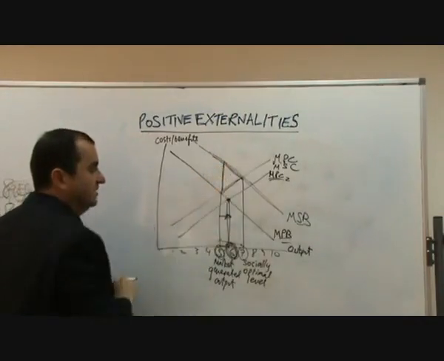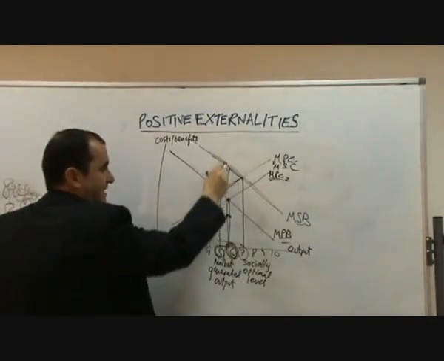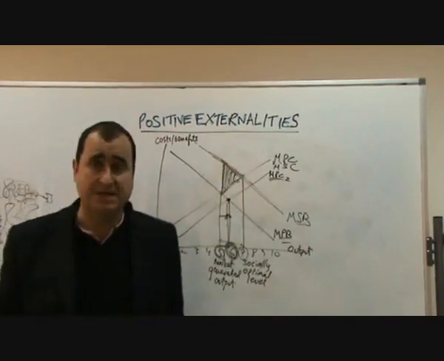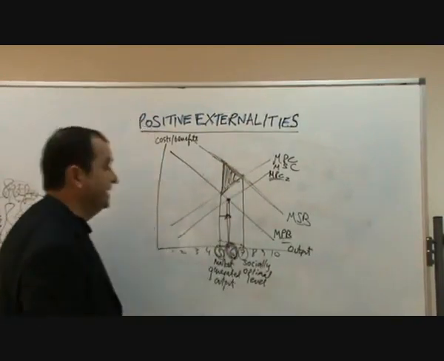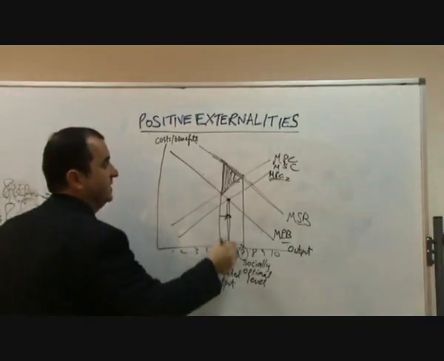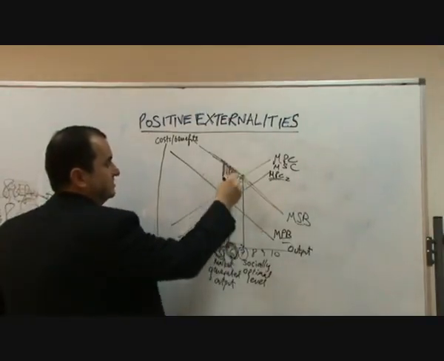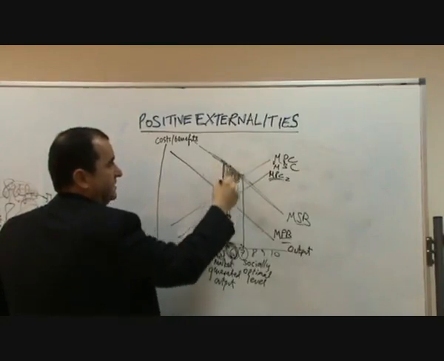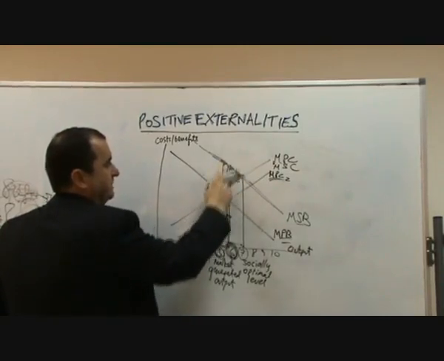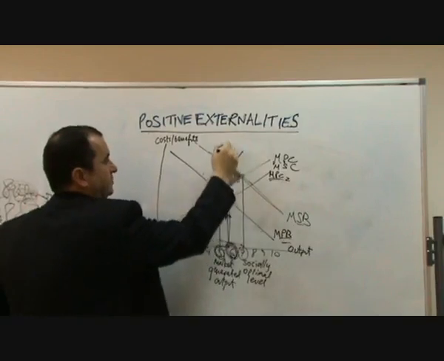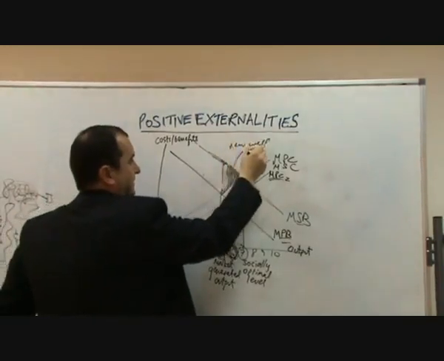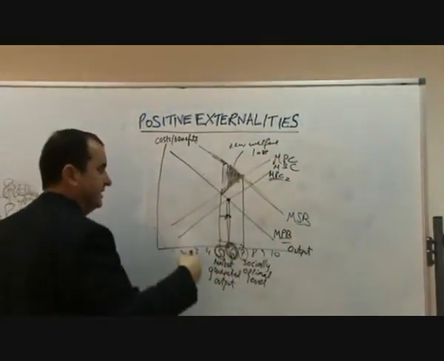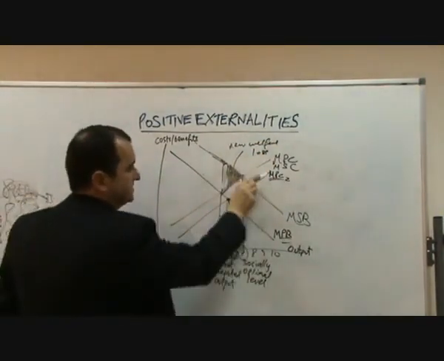falling to this much. And all of those extra benefits compared to costs were not being made. They were being lost because of the market failure. Now this much is being made. That market failure has reduced to this much. I'll try and fill that in a bit more solidly. And so this much has been improved. So the new welfare loss, because of the market forces, is smaller than it had been thanks to the subsidy.